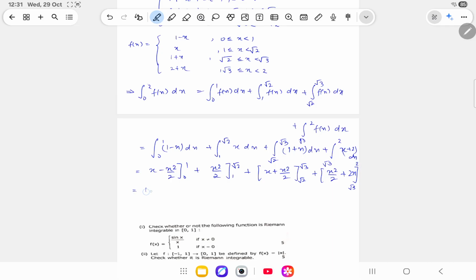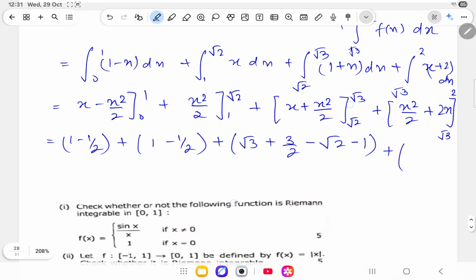And it will be 1 minus 1 by 2 plus 2 by 2, that is 1 minus 1 by 2 plus square root of 3 plus 3 by 2 minus square root of 2 minus 2 by 2, that will be 1, plus it will be 4 by 2, that is 2 plus 4 minus 3 by 2 minus 2 root 3,